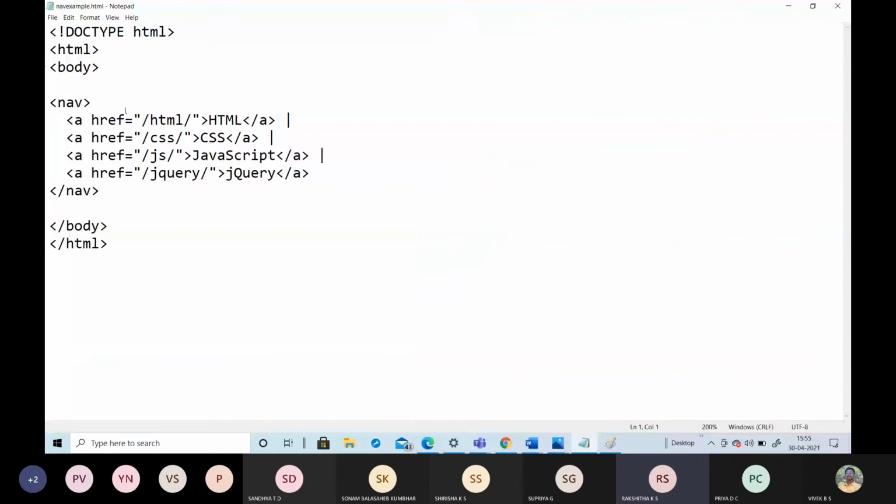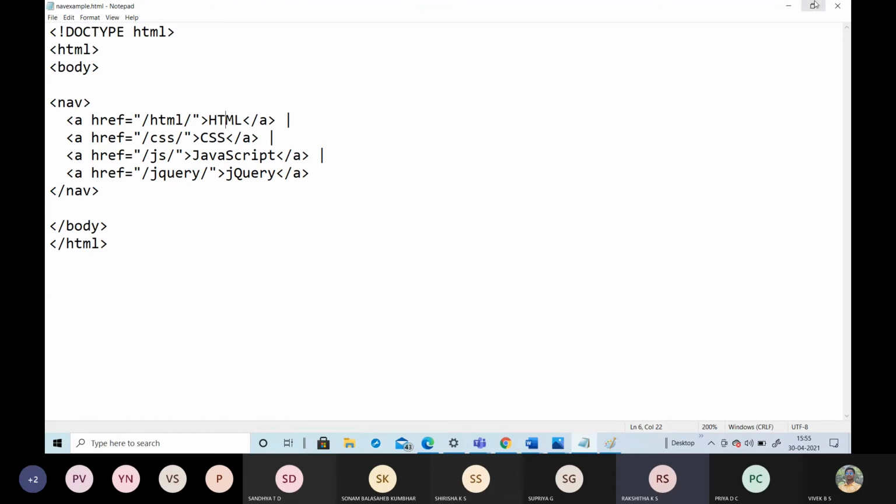Yes, look into this program. I have taken the nav tag as a navigation. In that navigation, in the first reference, I have taken HTML. If I click on that HTML, it moves directly to the reference I have given, html.com. And again, in this second header reference. The main function of this navigation is to represent a section of a page. It contains links to other pages.